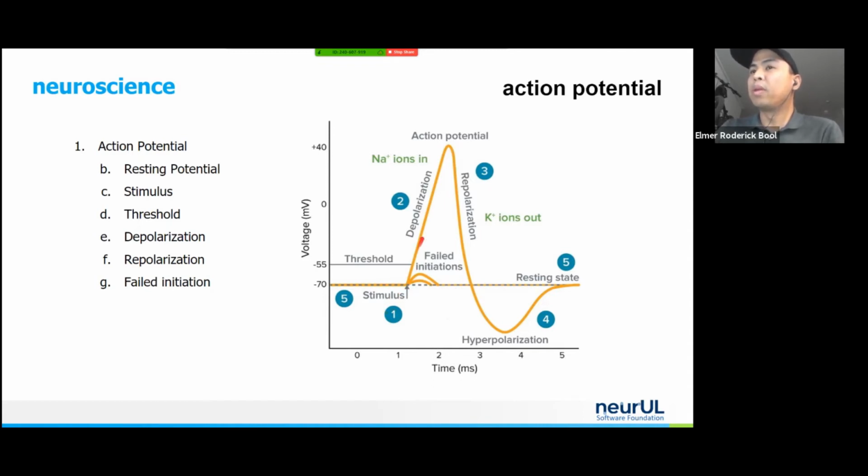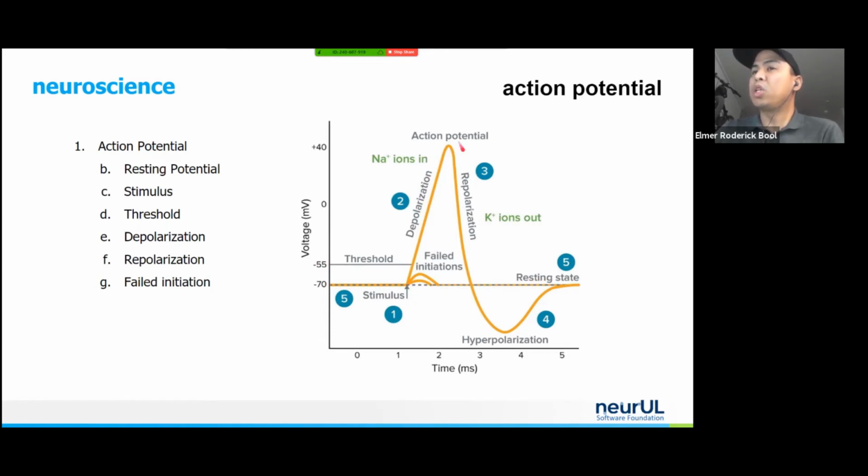But if nothing happens, it will go down again, right? So it always tries to rest and maintain this resting potential. If it receives a charge, it will go up, it will depolarize. If it depolarizes enough to the point that it reaches negative 55,